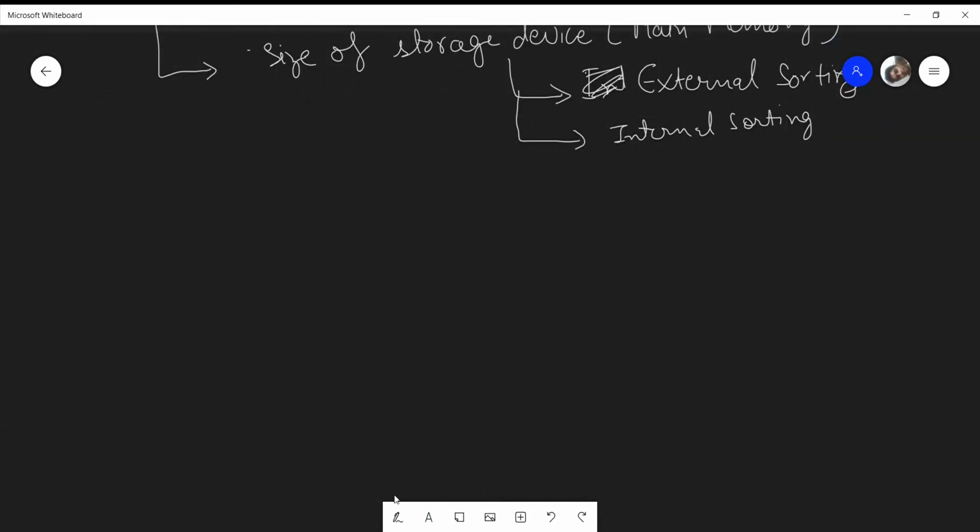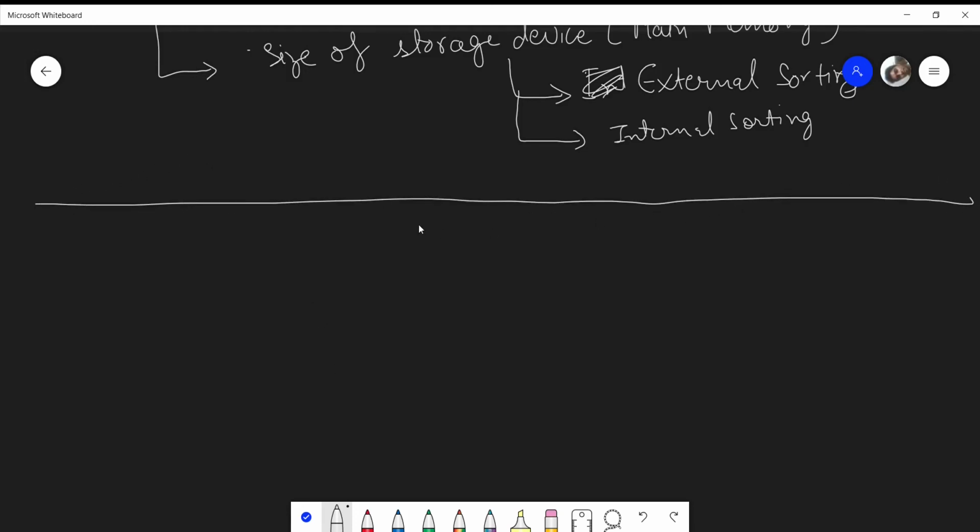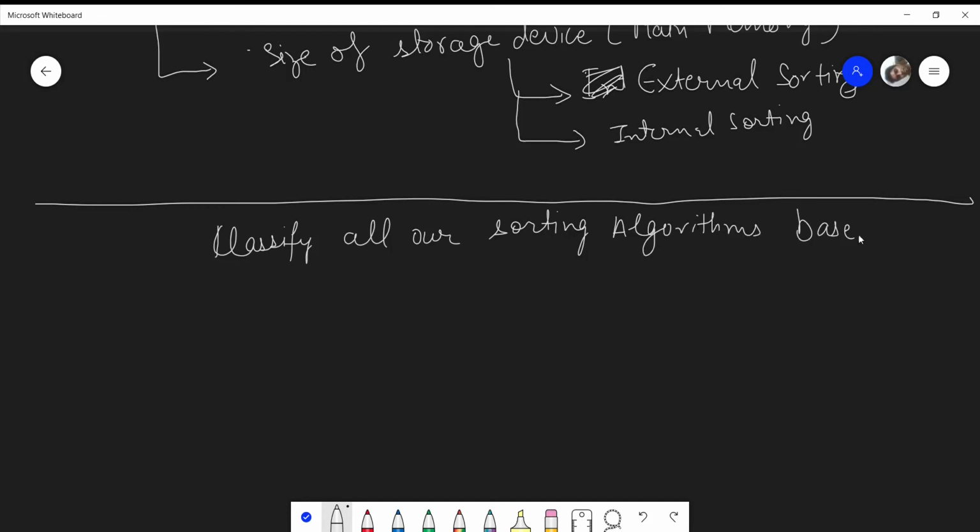So there is a huge number of factors on which my selection of a particular sorting algorithm depends. Because I have a huge number of factors, what we do is classify our sorting algorithms based upon a number of properties. We actually tend to classify all our sorting algorithms based upon a list of properties.